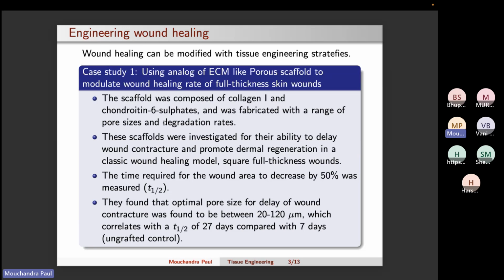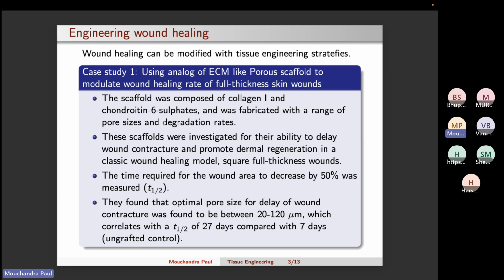So what do you mean by degradation rate? It means the rate at which the entire material of the scaffold will start losing its strength and will start breaking down or dissolving, meaning little by little small fragments of material start dissolving into the blood or plasma. In this way, after a few days or few months, the scaffold is no more seen at that wound area. That is the degradation.